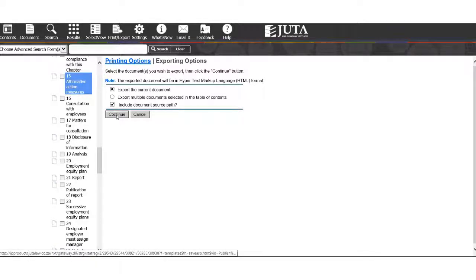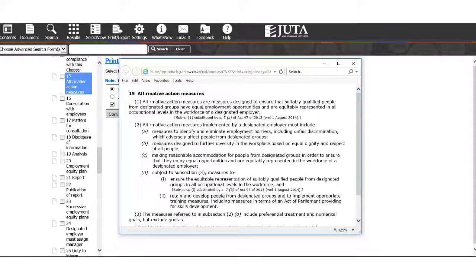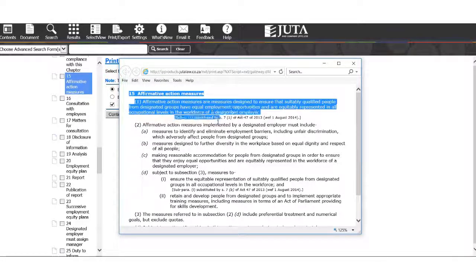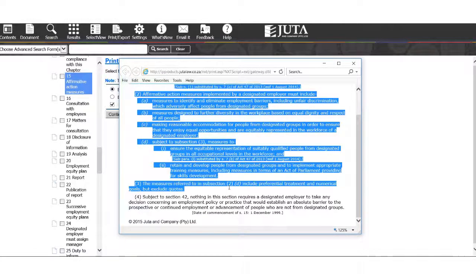That shows you may continue, but not for printing, but for exporting. And then when you continue with export, it gives you the whole PDF of this section 15 of 1998 55. And then you may now save this by highlighting the whole section,